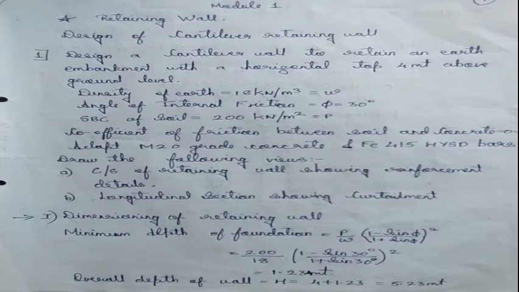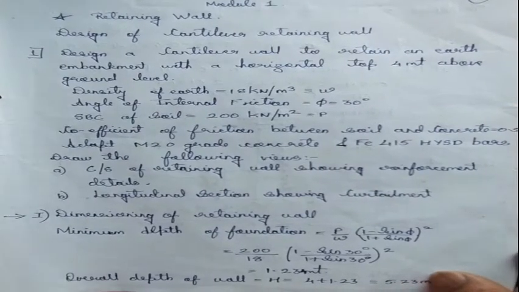Now what is a retaining wall? A retaining wall is nothing but a structure which retains something. Suppose I am using this for the basement parking retaining wall, that means I am retaining the soil. This is also used near the highways. If you have seen, retaining walls are present to retain the earth. Now I will explain the components of the retaining wall.